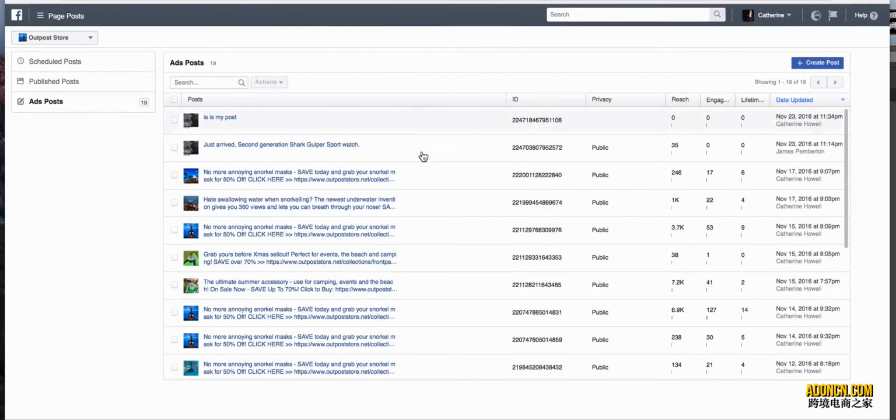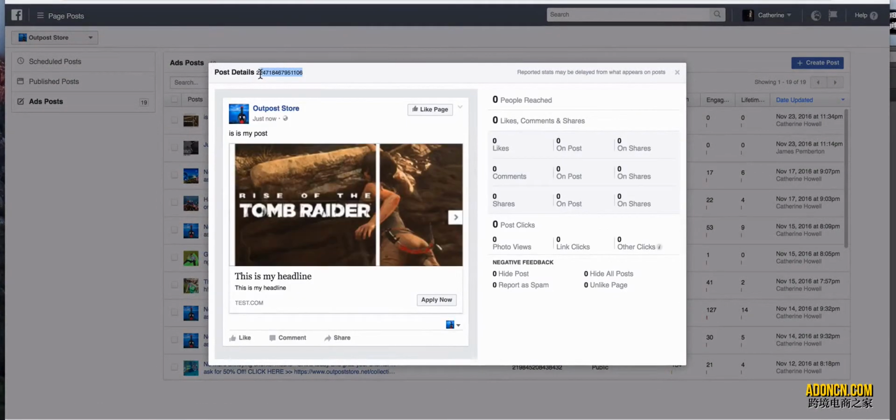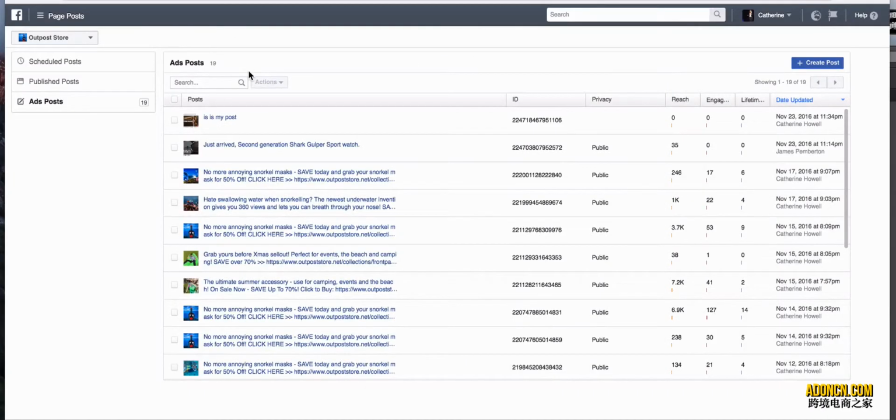Now what this is going to do is it's going to generate a little ID for us over here. So if I click on this here, I can also access the ID over here, and I can copy it. Okay, so now that we've created this, the first thing we want to do to build social proof on this